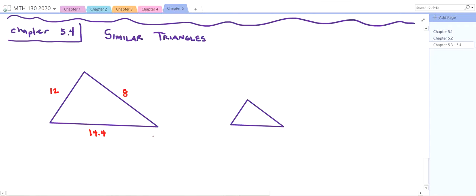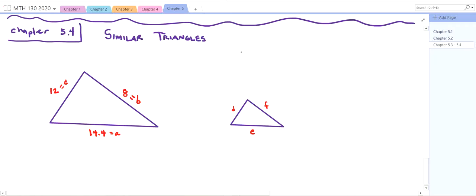Well, as you recall, let's say this is side A, this is side B, and this is side C. And we have a triangle over here we say is a similar triangle with sides labeled D, E, F. Well, if you recall from our proportions, we could say that